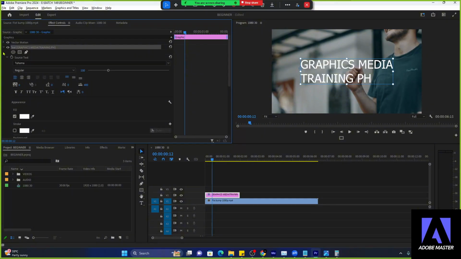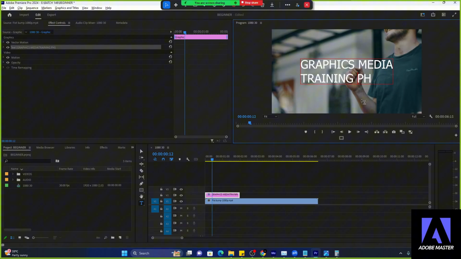We'll click the drop down instead to see or to edit its appearance. But don't forget that after you type, you always, because the text indicator is still active, the text line indicator, click the selection tool,